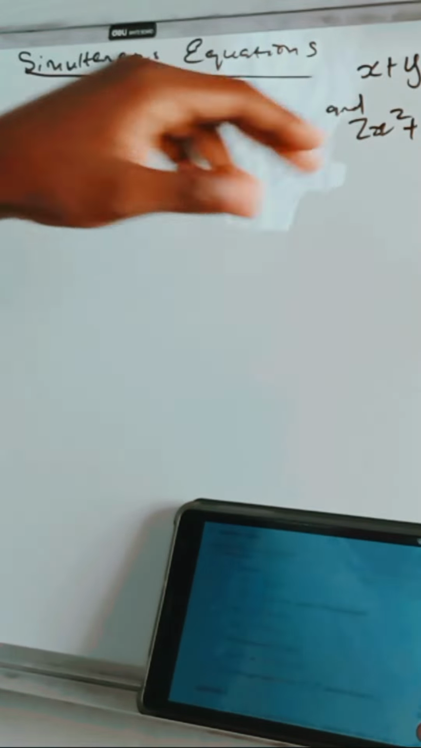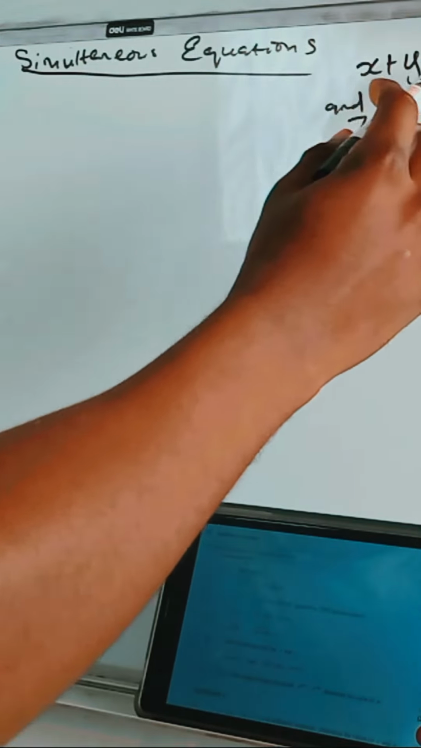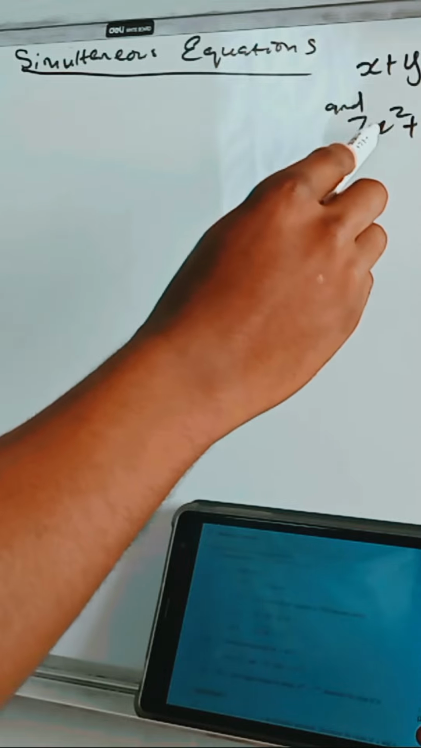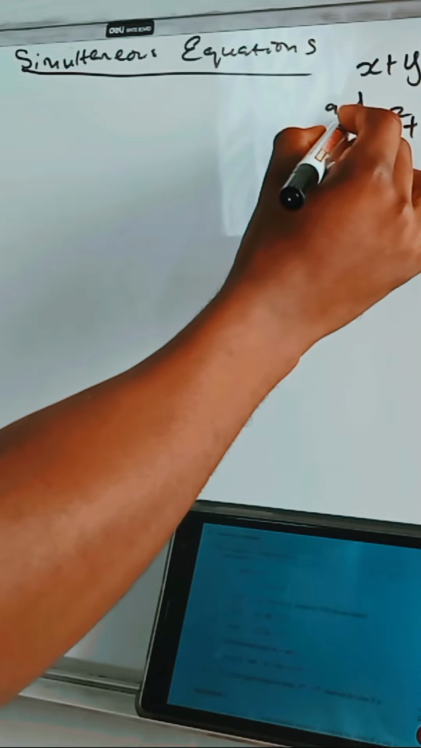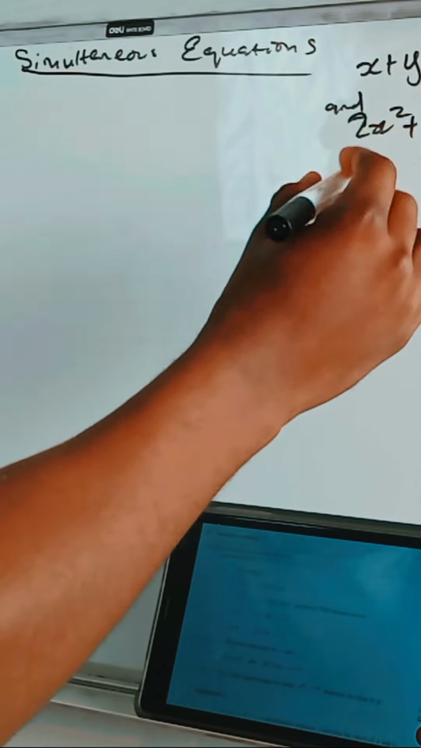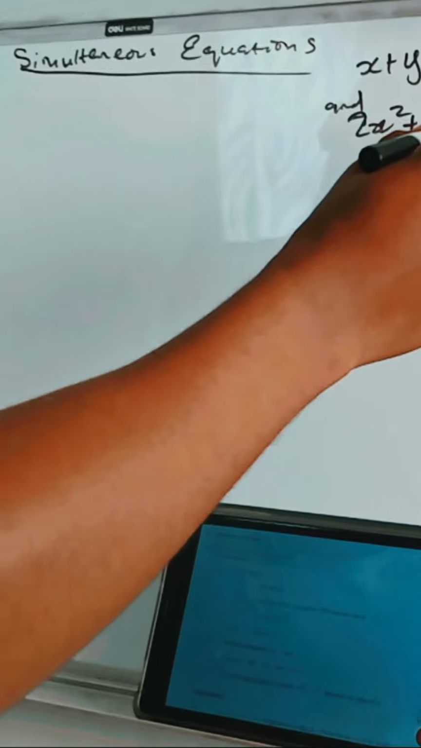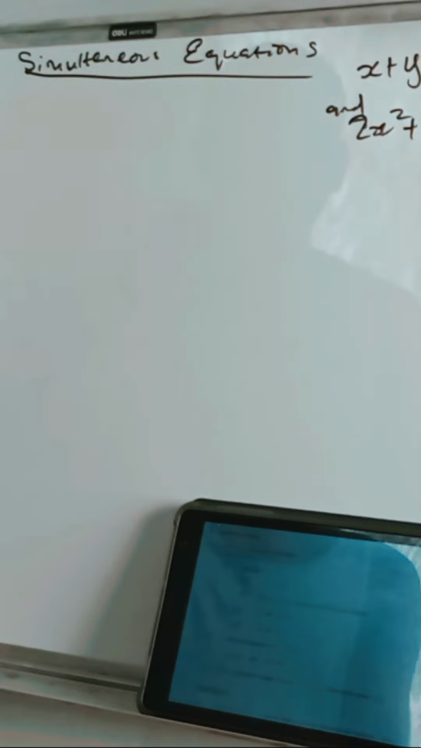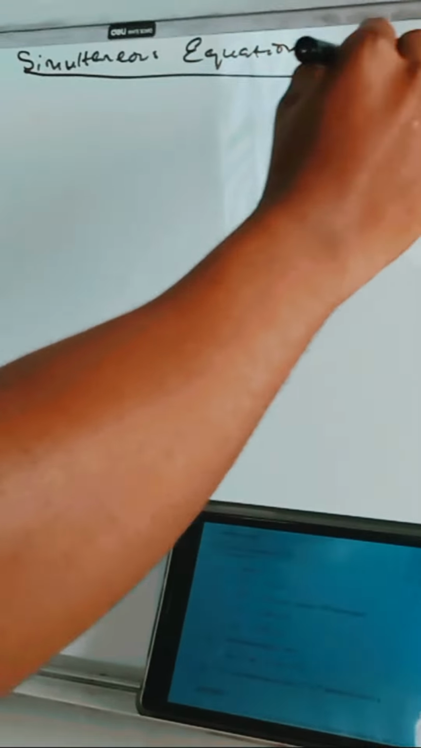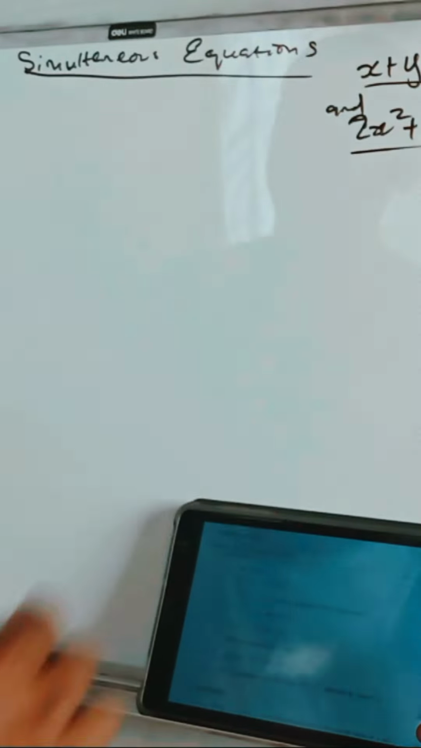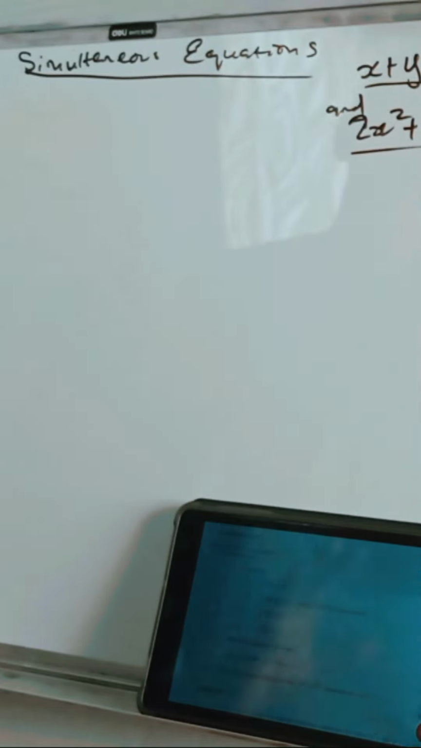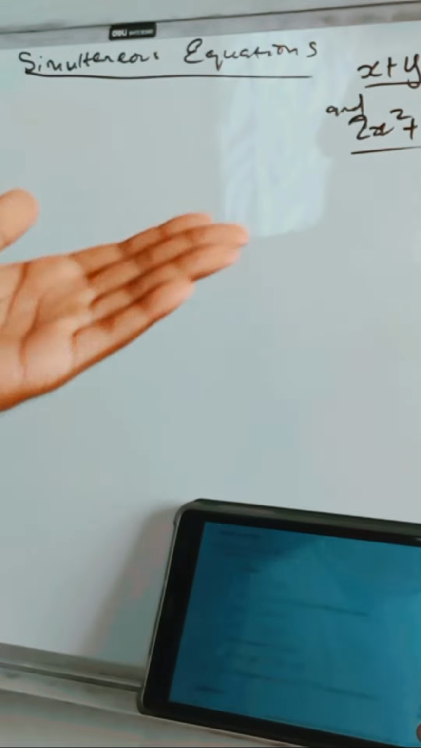So we have x plus y is equal to 3 and 2x squared plus 4xy minus y is equal to 50. Sorry for the handwriting. So we have this as an equation and this one as well as an equation. If we have this kind of simultaneous equations, how I prefer that you solve it is that